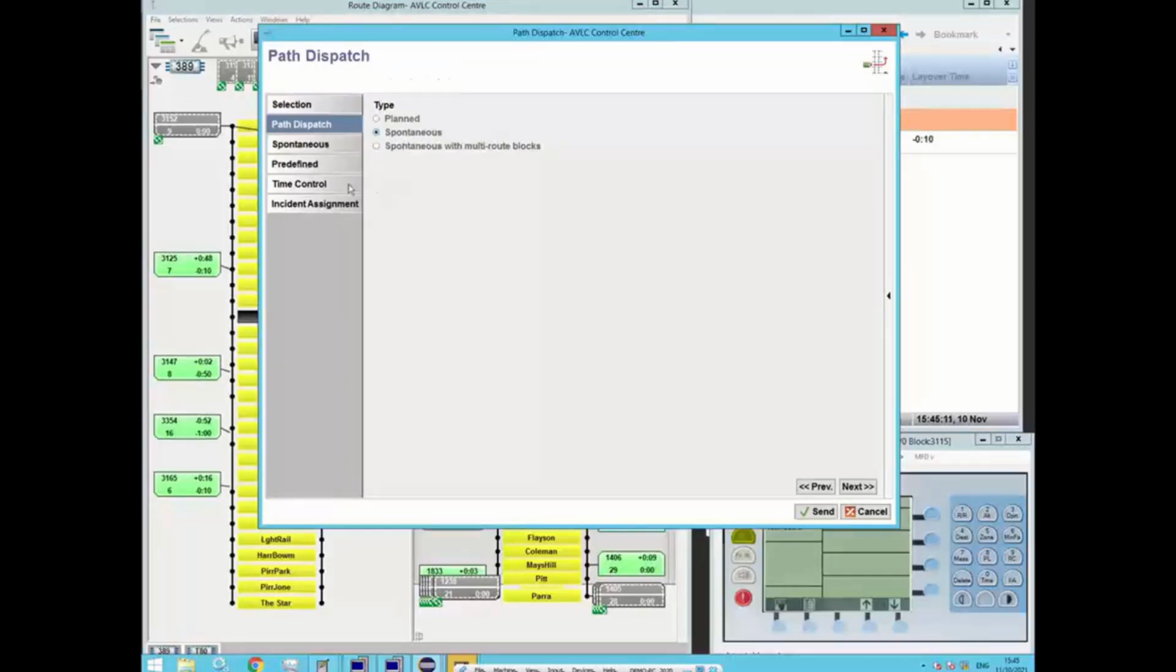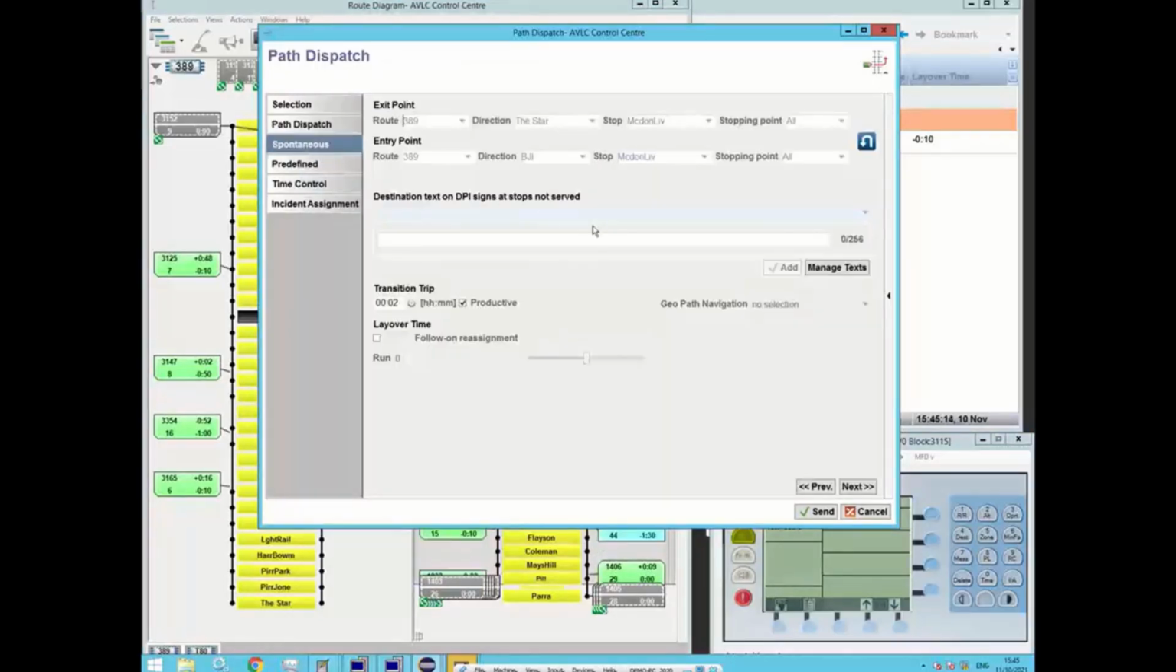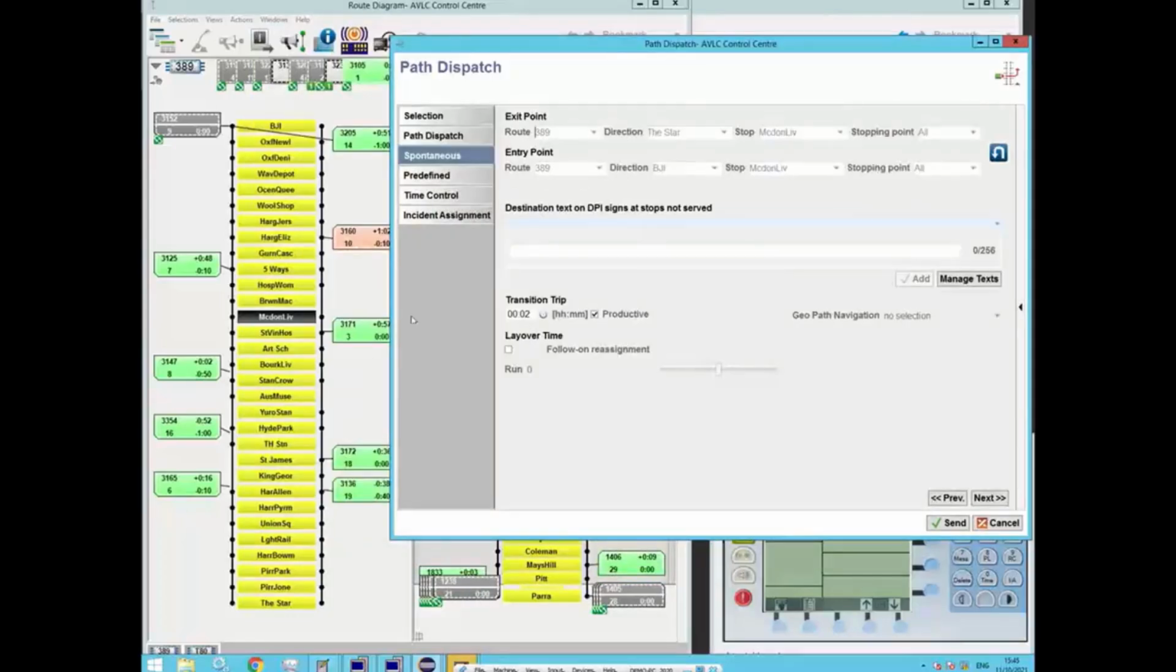It's a spontaneous diversion that I want to set up. And I'm going to, in the direction of the star, which is down here, exit at the stop, McDonald Live. And I'm going to come back in on the other side at McDonald Live and head back up there, because I know that the road's been closed and I can't run the buses through, just as a simple example. And because I want to inform the passengers, I can also put some information, the route,